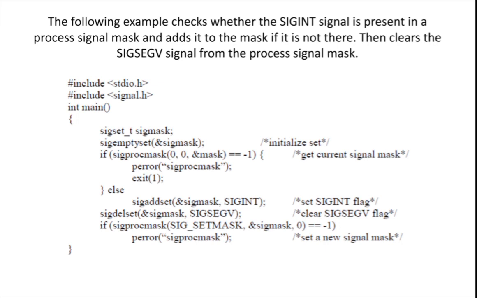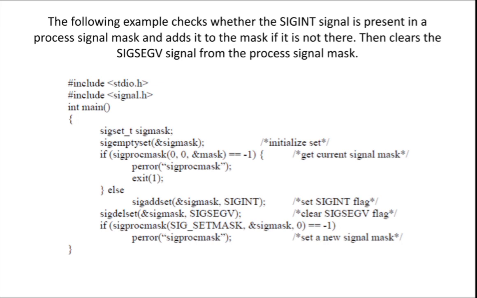You know that, right? Why do I need a signal mask? To block the signals. Here, which is the signal that is blocked? SIGSEGV is blocked. I want to remove it from that signal mask. I want to add one more signal, that is SIGINT, to the signal mask. I have to check first. If it's not there, I want to add it. So we will see that program. It's a very simple program.